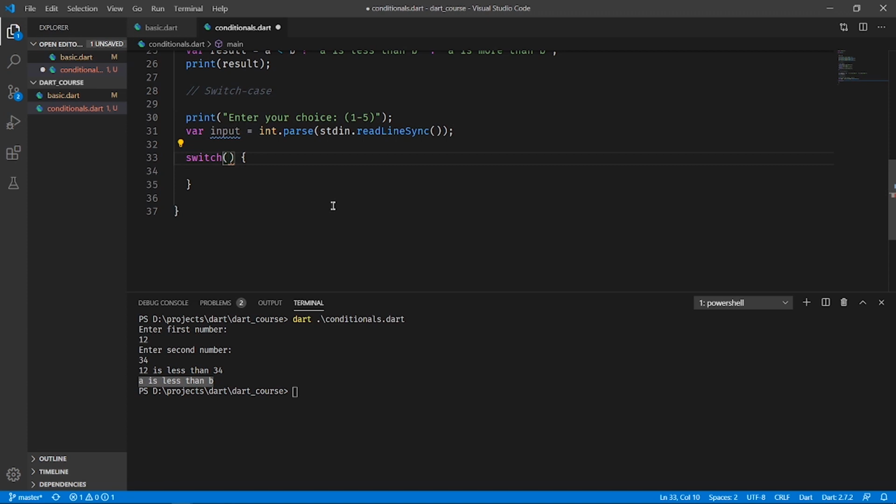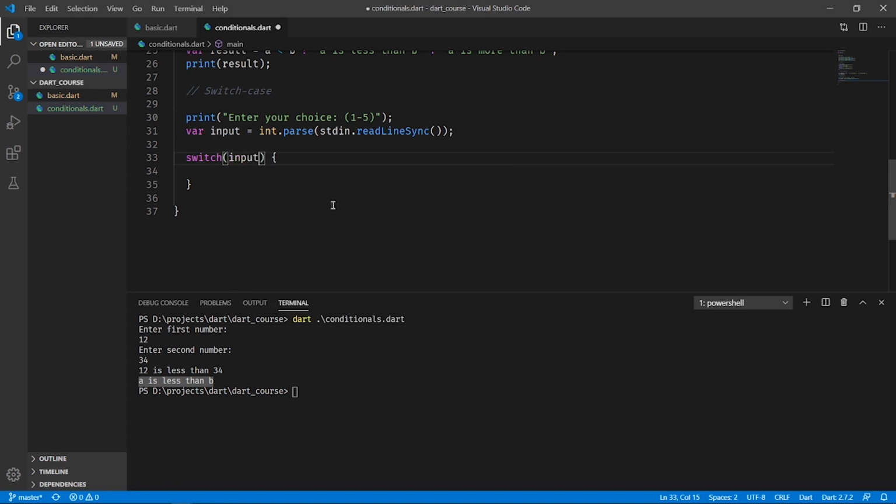This switch case is important when you have various conditions. You can use the if else if statements, but when it comes to a large number of conditions, then you can use this switch case. This is very handy. All right.